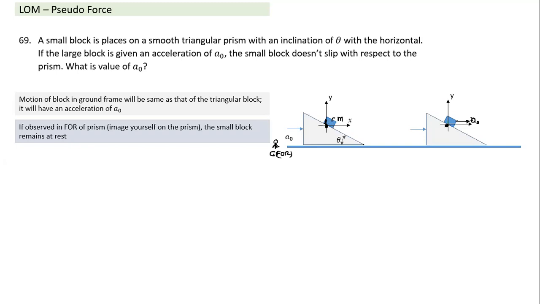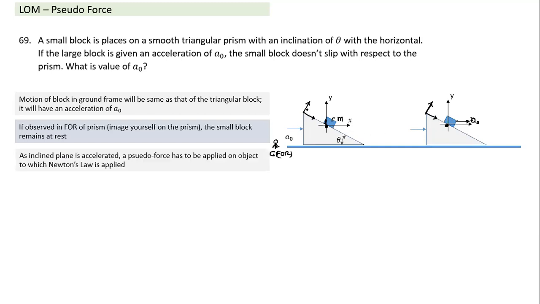So in this coordinate system, I find that initially the small block was at this origin, and now also it is at the origin. I could have taken a coordinate system like this also. Whichever way I attach a coordinate system to the large block, I find that in the frame of reference moving with the large block, the position of the small block does not change. That's what no slipping means. So in this frame of reference, it will appear to be at rest, so the net force on it has to be 0.